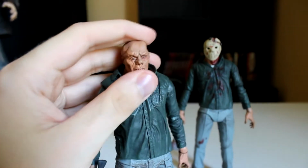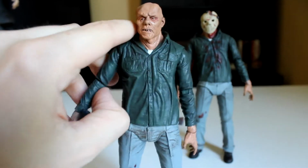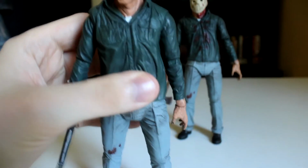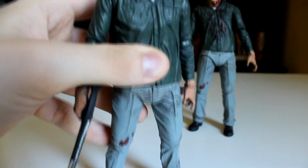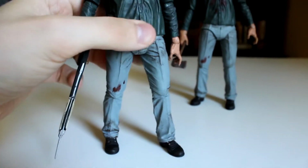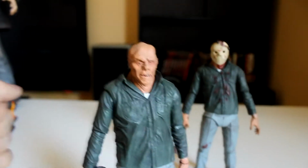You can spin the head, you can move the waist, you can move the arms sideways, you can move them out, in, you can move the elbow separately, you can twist, there are ball joints on the hands. You can actually twist the upper body. The pelvis has its own articulation. The knees have their own articulation. You can actually make him pretty much almost stand on his knees. You can move the feet even, and you can also make him